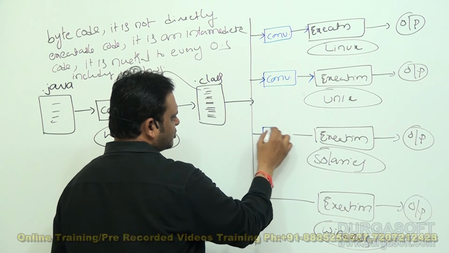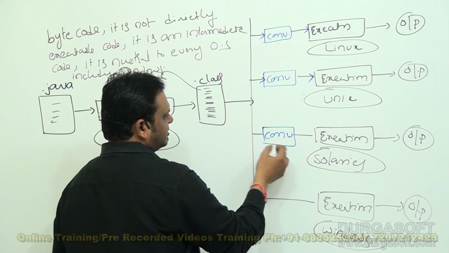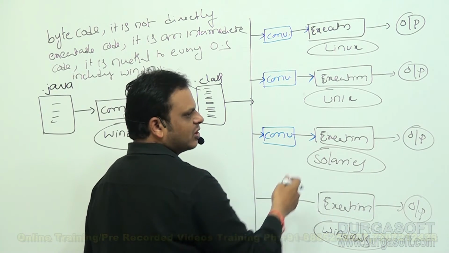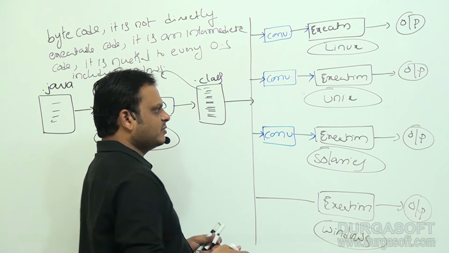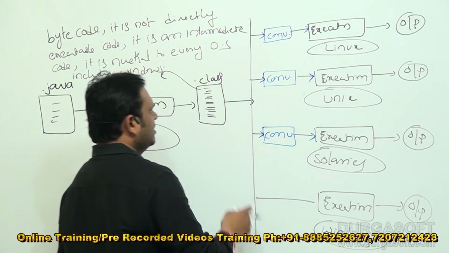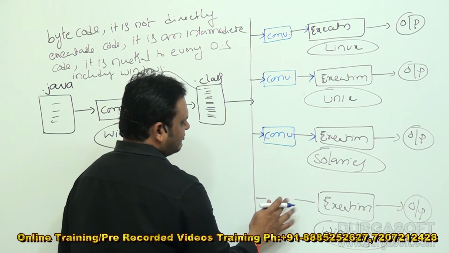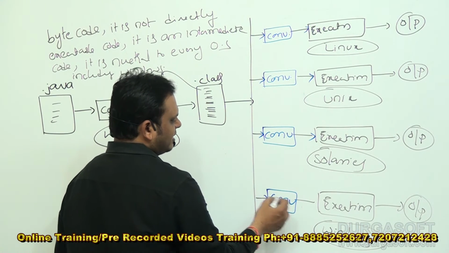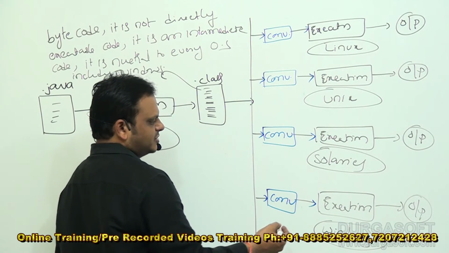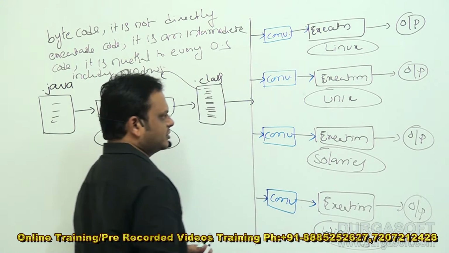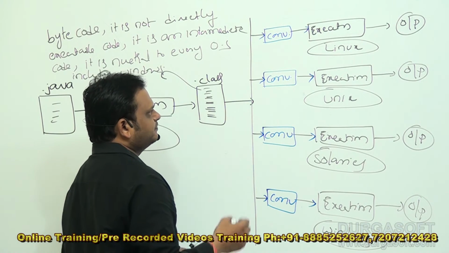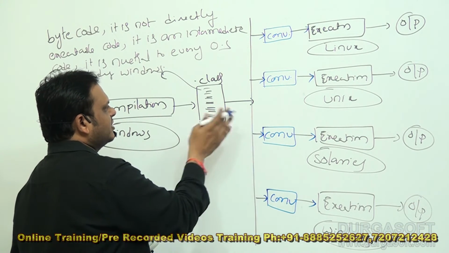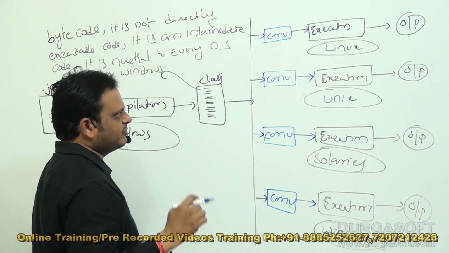Here also we are going to use a separate converter. This converter will take neutral bytecode as an input and convert it to local operating system representations like Solaris representations and generate some output. Here also neutral bytecode. Here also we require one converter. This converter will take neutral bytecode as an input, convert it to Windows operating system representations, execute that and finally get output. In this overall scenario, these converters are provided. These converters are converting the neutral bytecode into the local operating system representations.